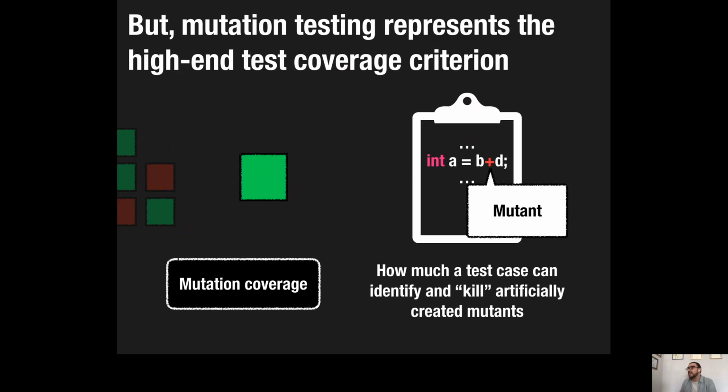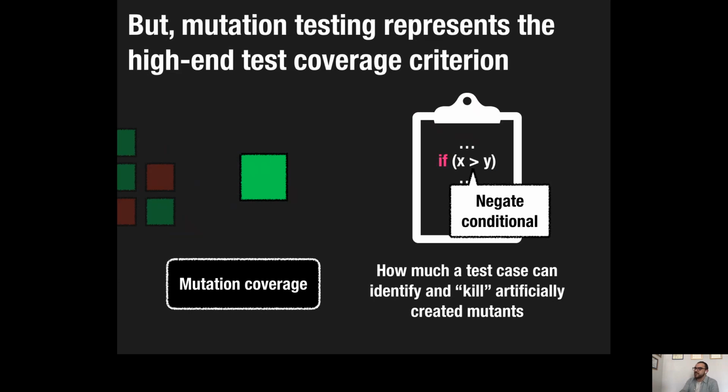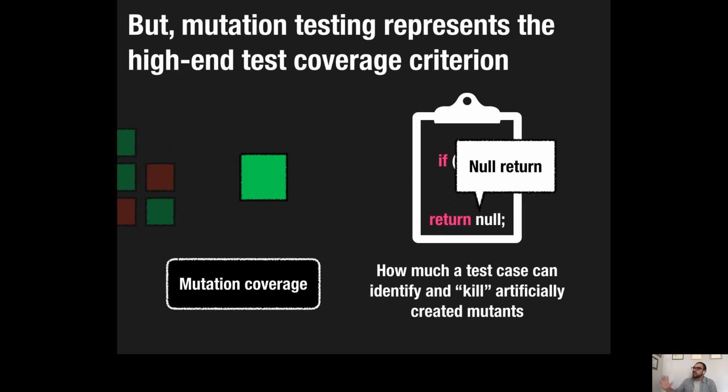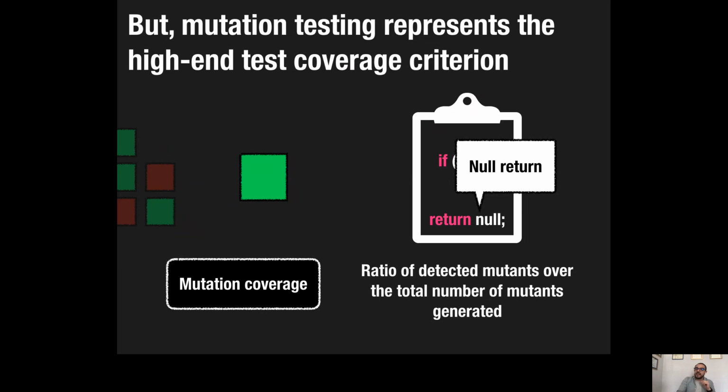For instance, we have just seen the changing of the operator in an operation. There is the negate condition. There is the change of the return statement of a method. So all these changes have the goal of altering the behavior of the production code. And the idea is to measure how many of these mutants, how many of these artificially created defects are identified